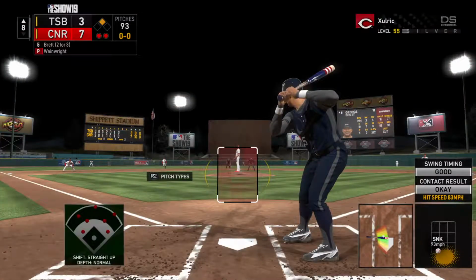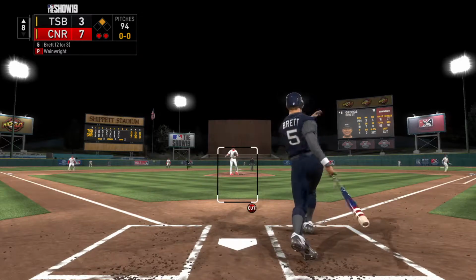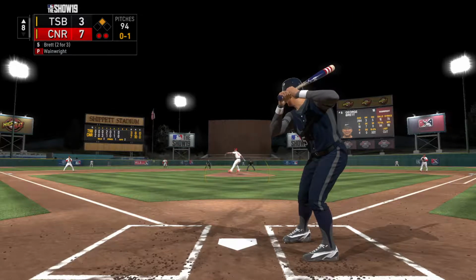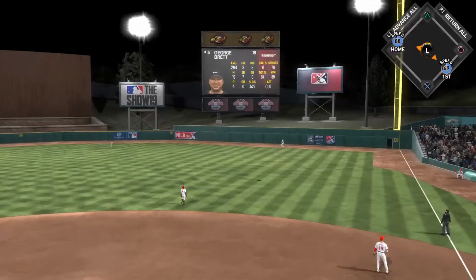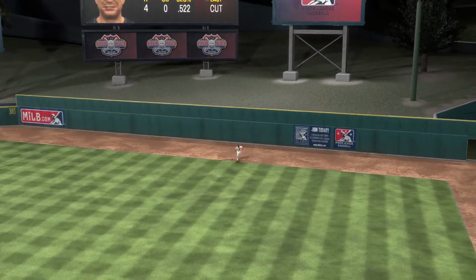Trying to pick things up where he left off. George Brett, runner in scoring position with 2 gone. Early swing there as he pulls it foul to the right side. Now here's a ball hit high and deep to straightaway right field. Yelich ranging back on the warning track. He makes...